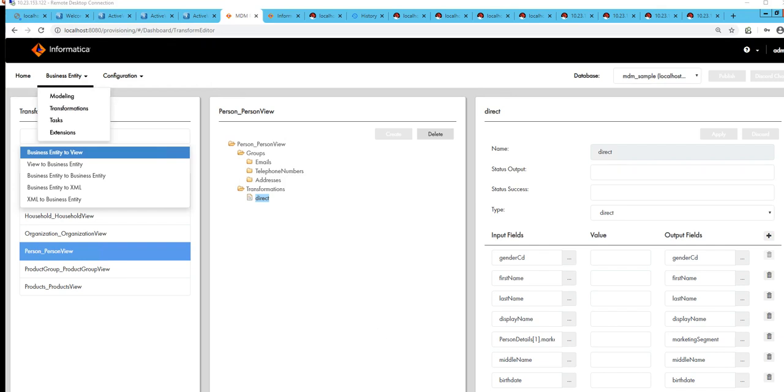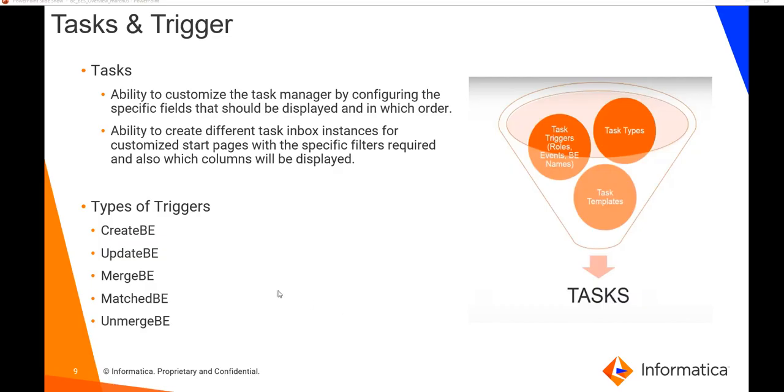Let's jump back to our PPT for the next section. Next is tasks and triggers. In 10.3 we have a lot of changes around task and trigger configuration on business entities. On the left side, I have highlighted all the available triggers. For example, the create BE trigger. If you want to create any record in the system, and at that point you say,